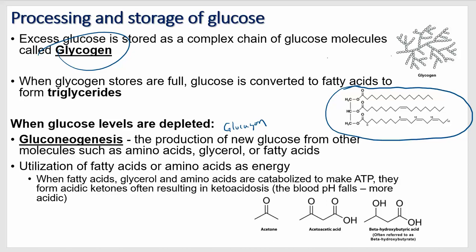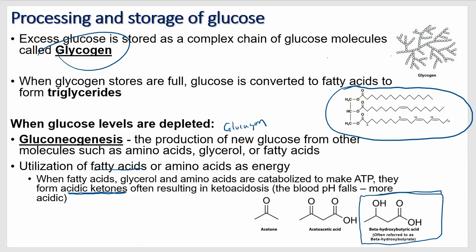However, there is utilization of fatty acids or amino acids as energy, particularly fatty acids. Fatty acids, glycerol and amino acids are catabolized to make ATP. They form something called acidic ketones. Now, ketones can be used as energy, but they are a product of breaking down these fats. So I have this fat up here, and I can break that down to make energy. One of the byproducts of that is these ketones. Here are a couple of examples of ketones: acetone, acetoacetic acid, and this one's kind of an important one here,